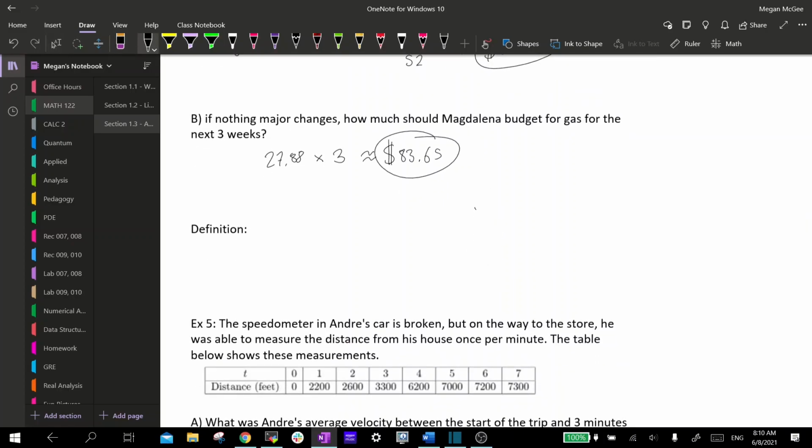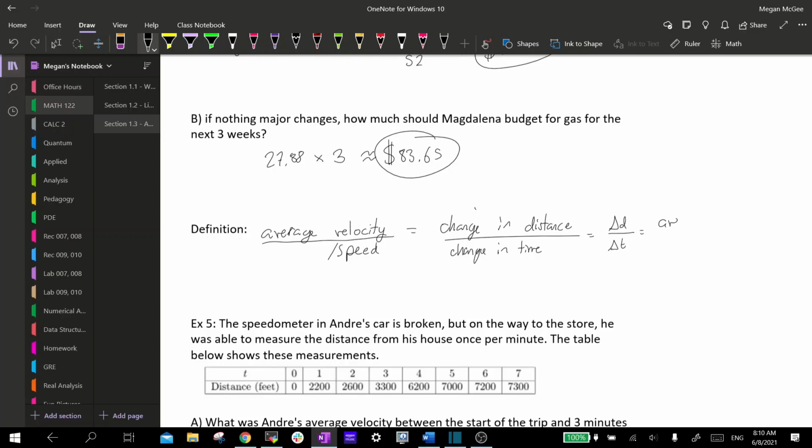Alright, so our next definition is something called the average velocity. Sometimes it's helpful to think of velocity as speed. Okay? So the average velocity is the change in distance over the change in time. So this is our delta D over delta T,